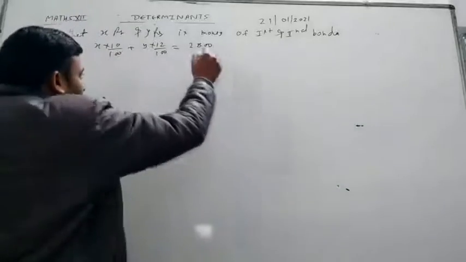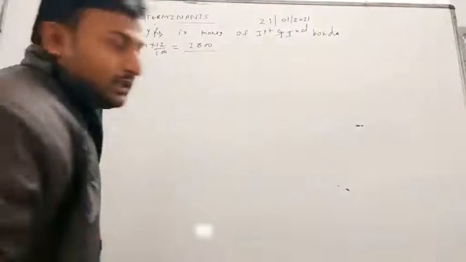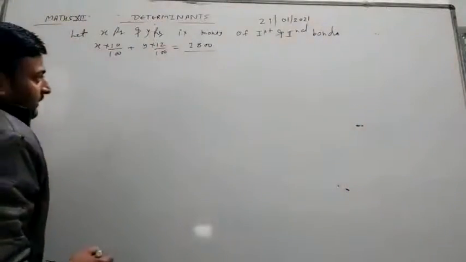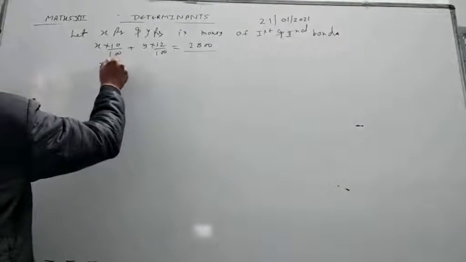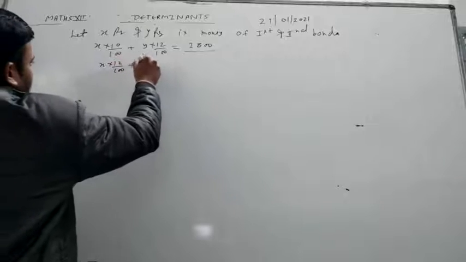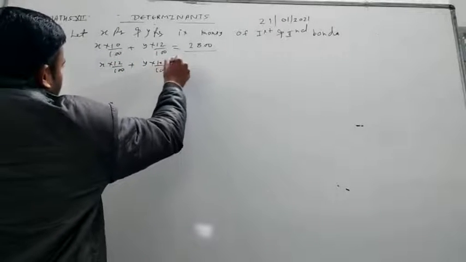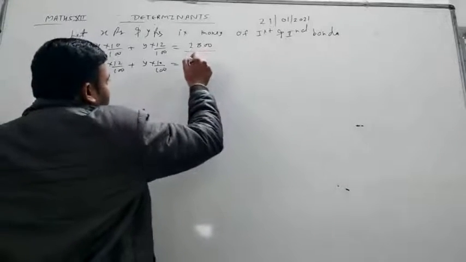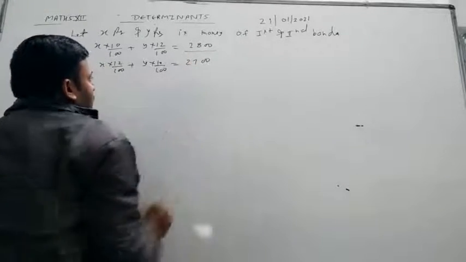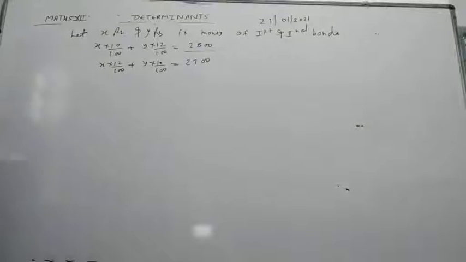Because the trust takes interest 2800. Now, the second part says that if the interest is changed, so if X is 12 by 100 and Y is 10 by 100, then the total interest is less than 100 rupees. So it will be 2700. Okay, student. Now, when we solve these two equations, we get...